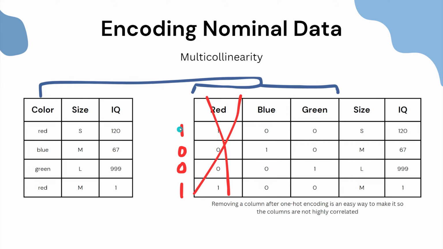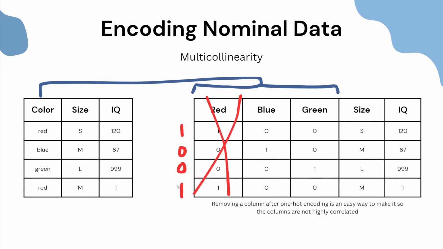So we can just pretend by putting a 1 here. For the second one, blue is 1 and green is 0, so we obviously know that's going to be blue. And then for the third one, blue is 0, green is 1, so we know that's going to be green. And for the last one, again, blue is 0 and green is 0, so it's going to be red. So even though we've dropped the red column completely from our data set, we are still able to correctly